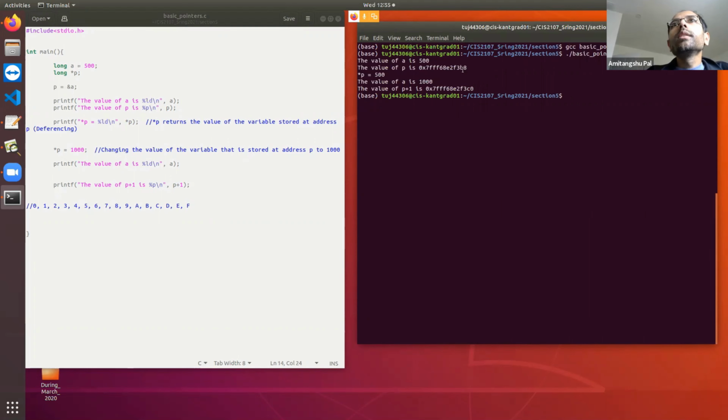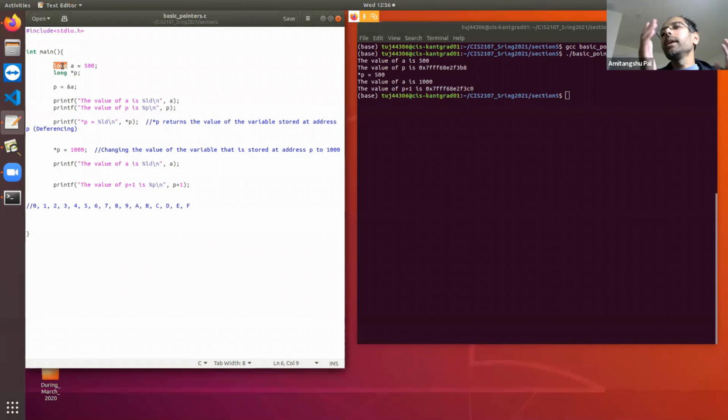You will see that the difference is, let's calculate B8 to C0. B8, B9, BA, BB, BC, BD, BE, BF, and then C0. So the difference is 8 bytes. Why 8 bytes? Because long is taking 8 bytes.